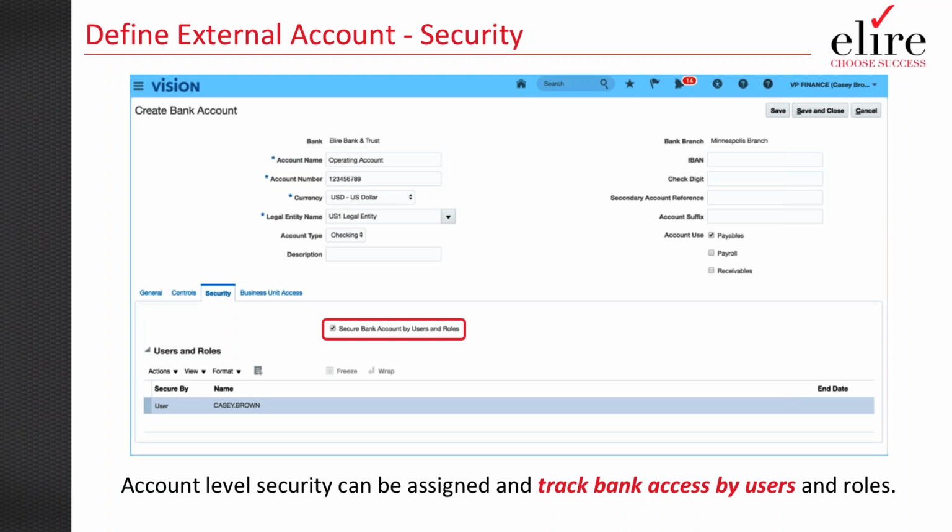So now we can lock down bank accounts at the account level by users and roles, and so we can assign Kevin to the AP account, and we can assign Logan to the cash management account, and we don't see each other's accounts in any kind of reconciliation prompts, or they're not even eligible for us online to do things like payments either. This has been one big value add, especially as organizations try to keep track of things like their bank access and some of the users on the account. If they keep these up to date, then it's very easy to track that.